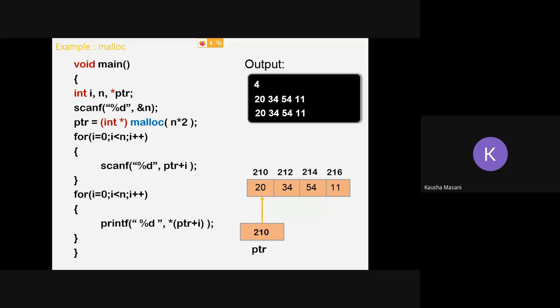Here I know I am a programmer and I know that my compiler is not a modern compiler. So when I'm giving n star 2, that means whatever the size user wants, I am going to multiply it by 2. Why 2? Because of my integer type and my compiler being old. Now, this makes this program limited to only those kind of compilers which are assigning size 2.